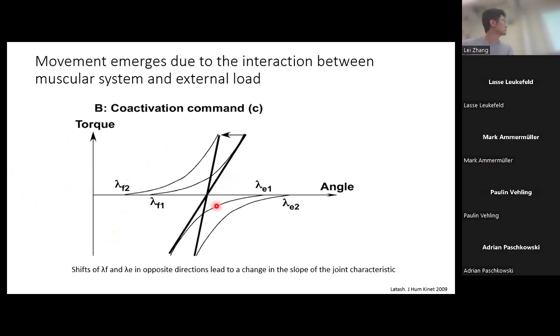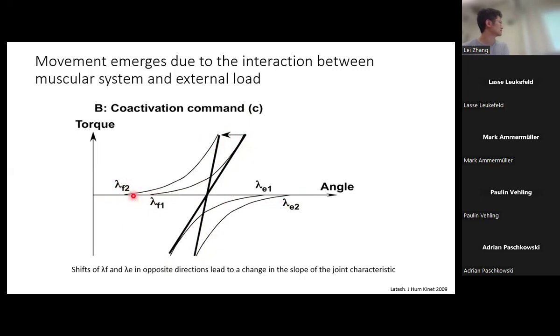And here is another case: what if you stay at the same angle, but only make this line, this stiffness, stronger? That means the slope becomes larger. In this case, you can see you have to change the lambda for flexor and extensor to the opposite sides. So you have to switch